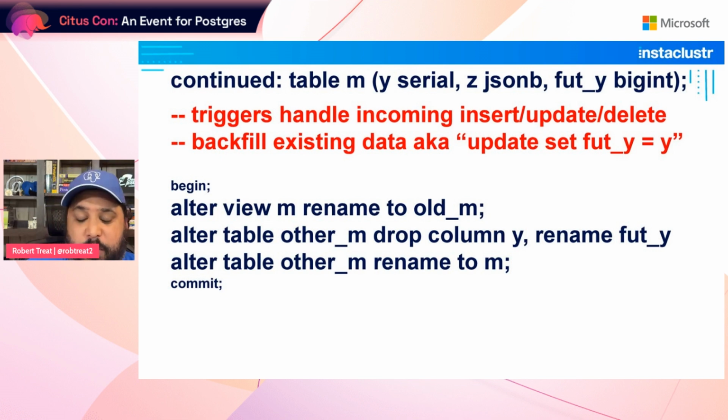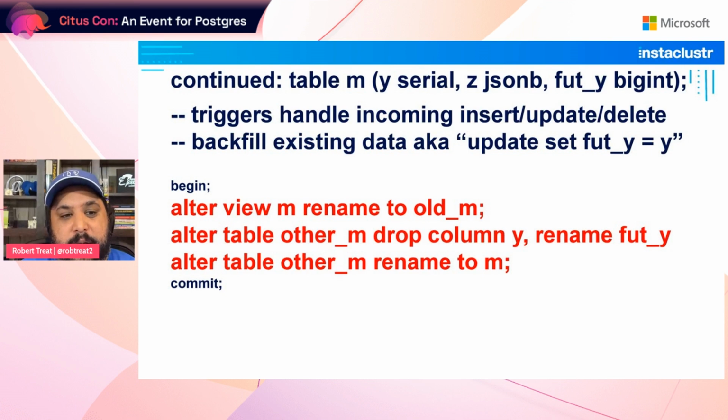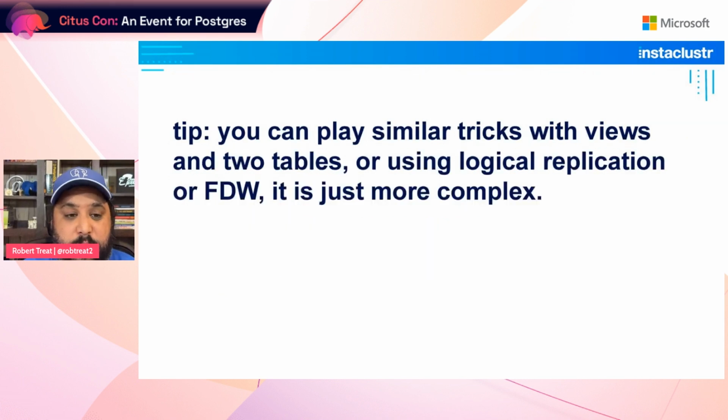Now, of course, this does get more complicated if you've got primary keys and foreign keys and other dependencies that are involved. But all of that stuff can be worked out. I've done some really complicated versions of this where there's pages of SQL between this begin and commit. And in Postgres, most all of that is metadata changes. So it is really fast if you have to do it. And that gets you back in business. So keep this kind of idea in mind, where you can do these alter tables and whatnot and keep things moving forward.